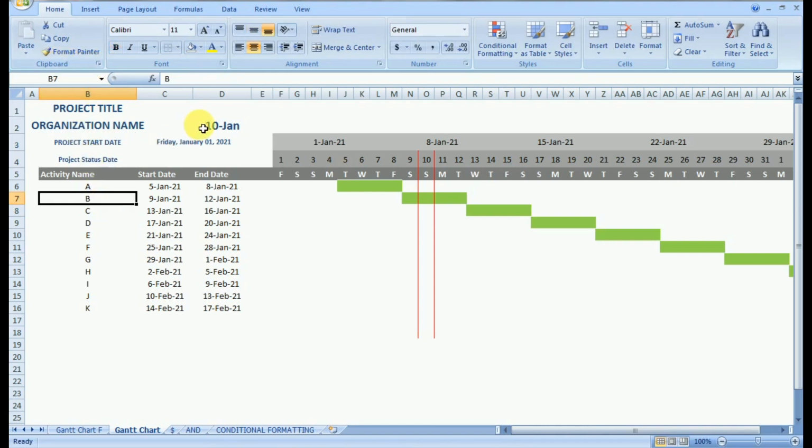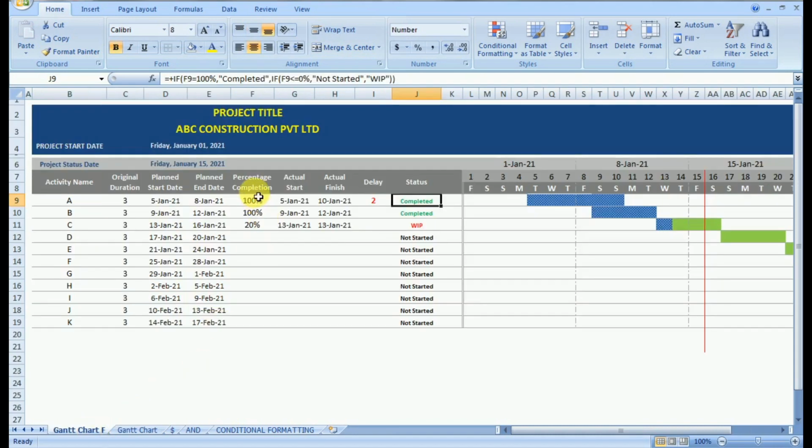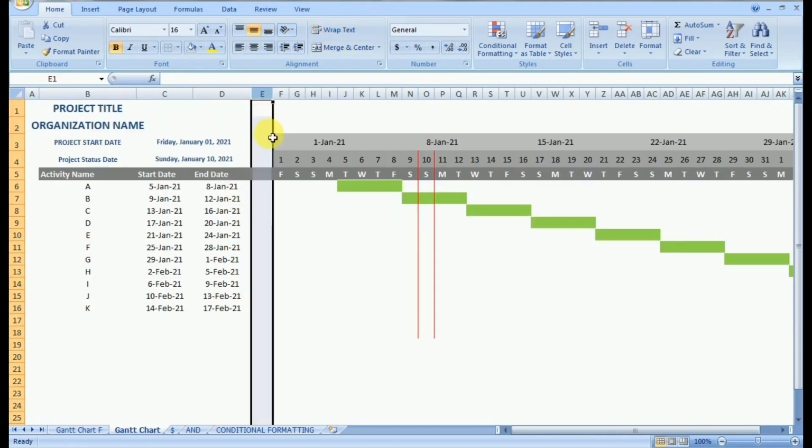We can use the format painter option to get a similar format which has already been assigned to a particular cell. For example, we have changed the format of status date similar to that of project start date. Now the second thing is we need to add a few more columns. At any point of time, we can add or delete columns in Excel.